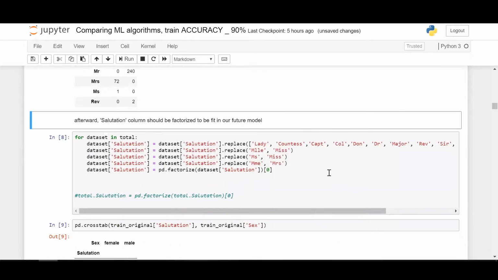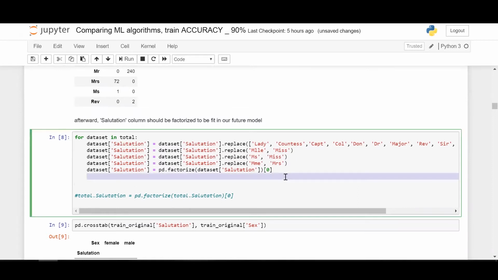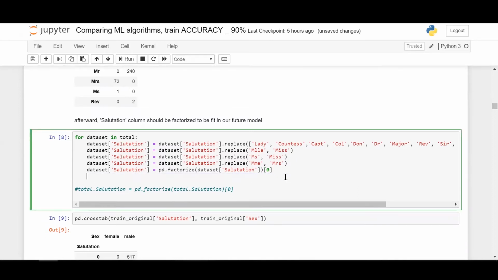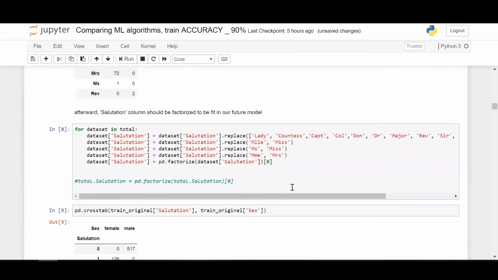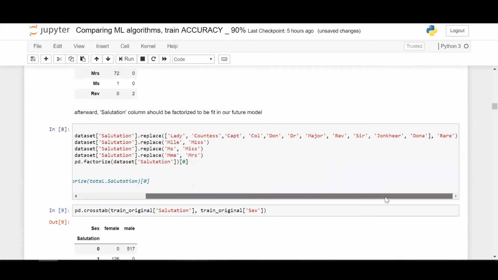So what we are doing here is we are mining the feature called salutation from the name so that we can get a better insight into the data. This thing we haven't done previously, so I just do it here. What we are doing here is we are first merging them into a single one.